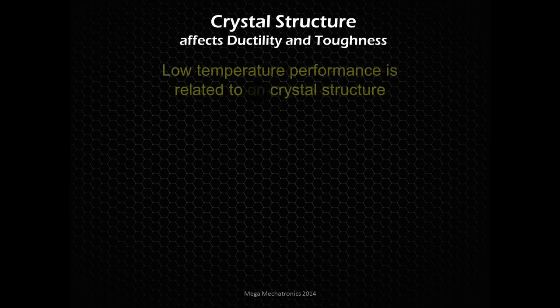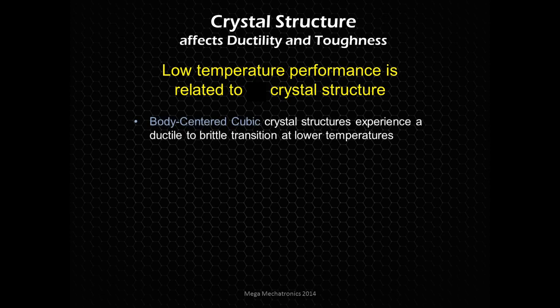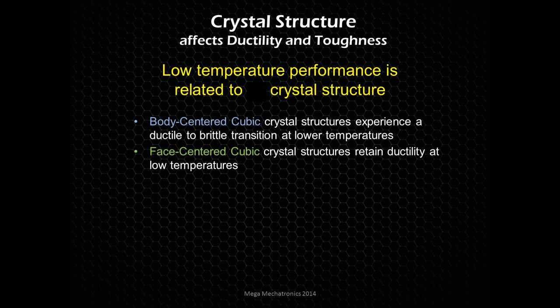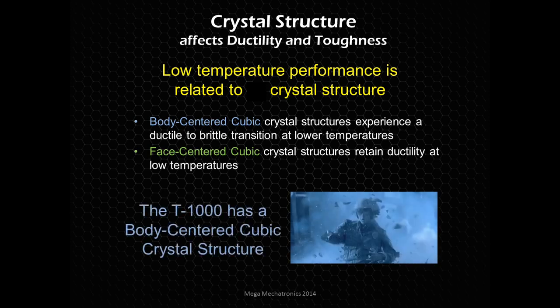So that crystal structure, FCC, BCC, will affect the ductility and toughness at different temperatures. At low temperature, we hit on this in the last one, in ductility, I mean. So low temperature performance is related to the crystal structure. Body-centered cubic crystal structures experience that ductile-brittle transition. Face-centered cubic structures retain the ductility at low temperatures. So the T1000 is clearly body-centered cubic when he was